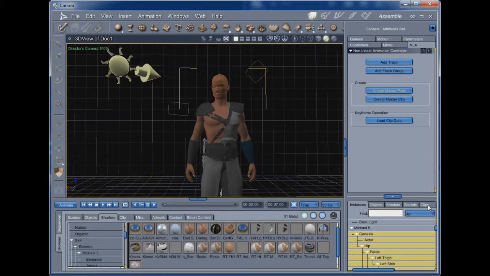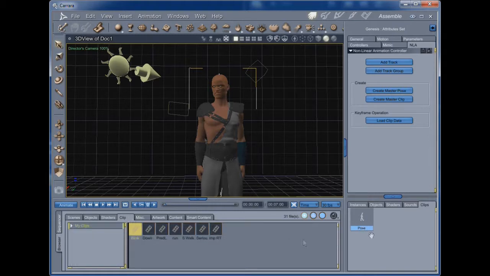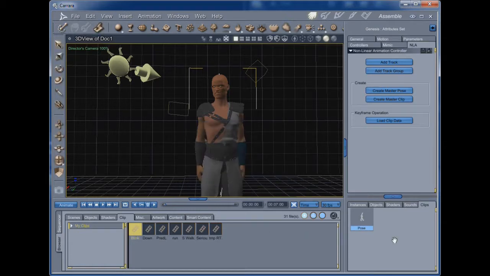Of course, giving it a name. It's still thinking. There we go. And now when you save this to your clip directory, now you can give it a name. If you forgot, it didn't give it a name, whatever, now you give it a name, and now you saved it. And then when you bring in your fresh copy,